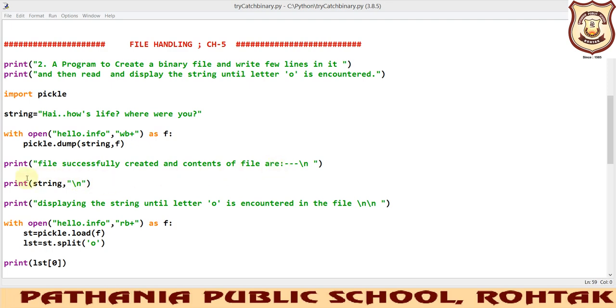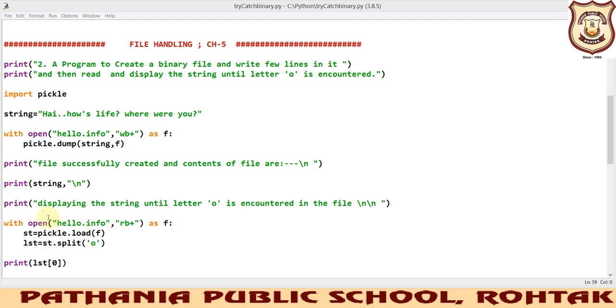We have given the print command for the string variable, so whatever contents are in the string variable will be the content in the file, and this will be printed.